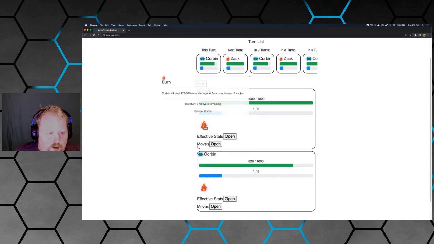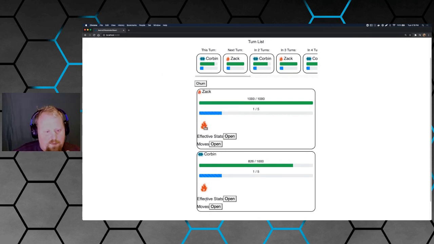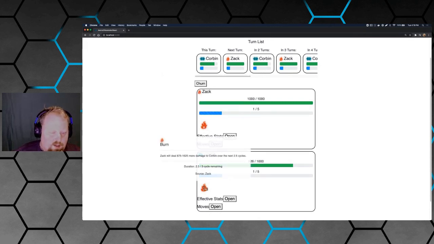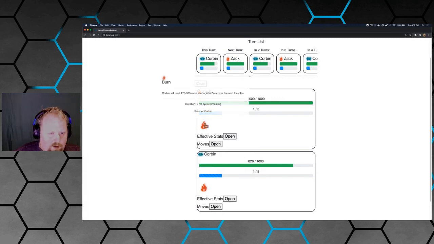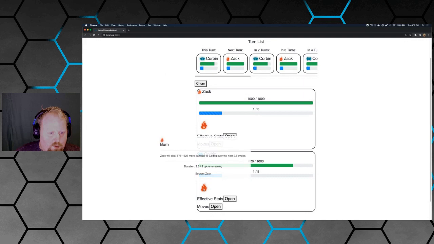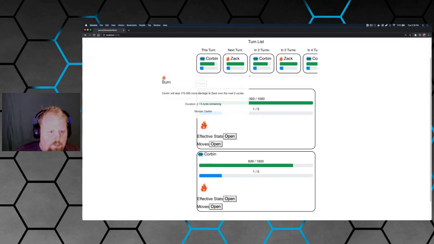Yeah, so we can see here Corbin's burn to Zach is ineffective because Zach is fire, and fire is weak against fire. Fire, on the other hand, is strong against dark. So that's part of the reason why it's hurting Corbin so much more. But I think we could see,